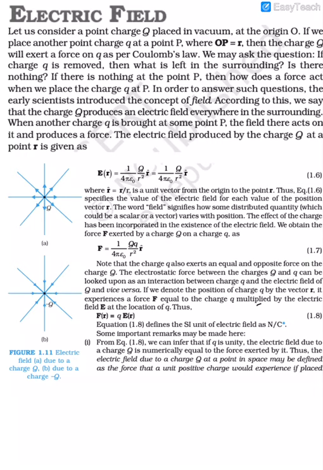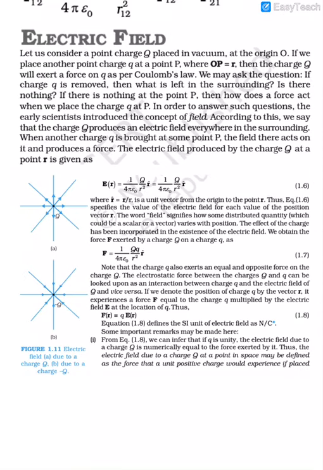So basically, if I know the field and I need to find the force, I just need to multiply this field with the charge, and that charge is small q. So let's summarize the discussion we have had till now. There is a charge capital Q placed at the origin, and there is a specific location P whose position vector with respect to the origin is vector r, and we need to find the electric field at the point P due to the charge capital Q.